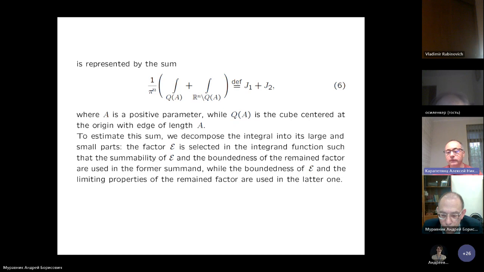Maybe I'll have a small question. I understand that you cannot use the Tauberian type theorem for the multidimensional situation, but if you work with the Fourier transform, maybe I'm wrong, but maybe you may use the theorems about Wiener rings, which give you sufficient conditions, so that from the behavior of the Fourier image you can judge about the pre-image. Maybe it's not sufficient for you, I'm not sure.